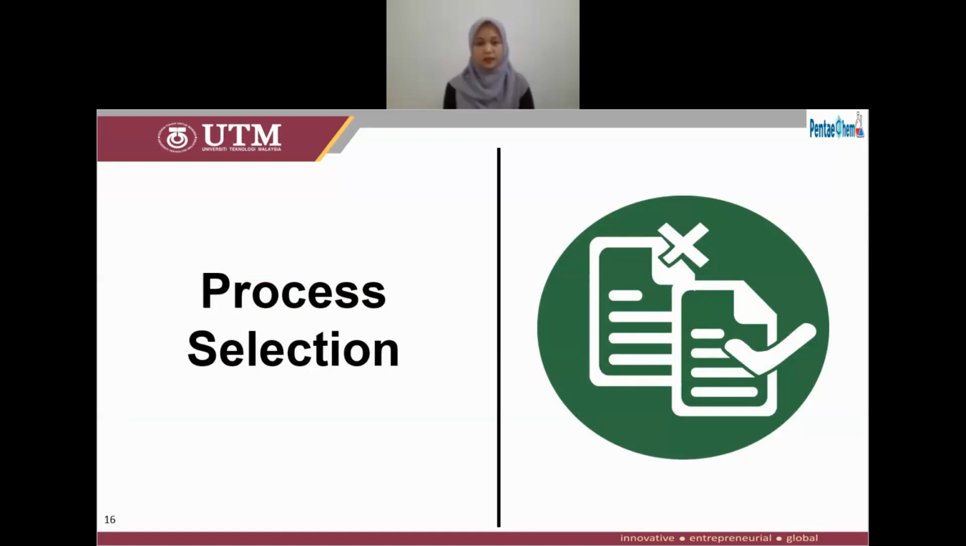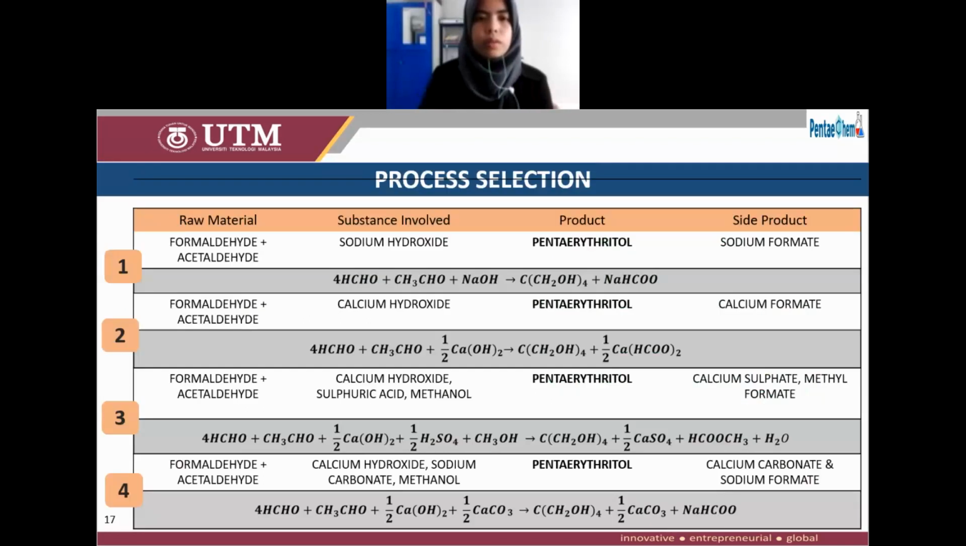So now I will explain the process selection. Based on our reading through articles, research papers, and patents, we have found that there are 4 types of reaction pathway, which use the same raw material and same product, but different substances involved and different side products formed. For the first reaction, the substance involved is sodium hydroxide as catalyst, and the side product formed is